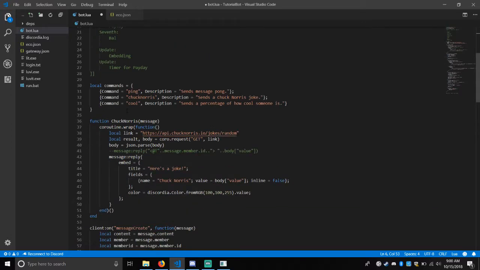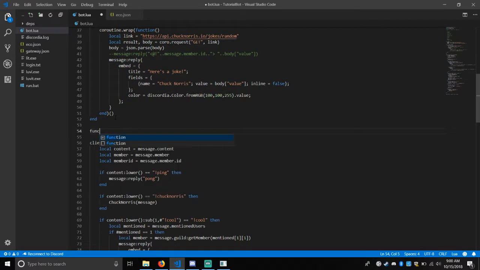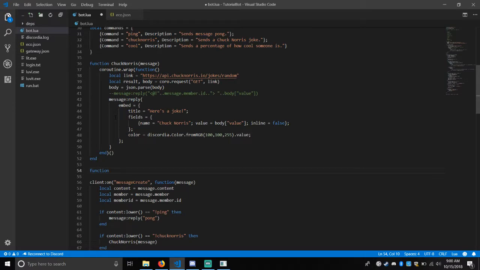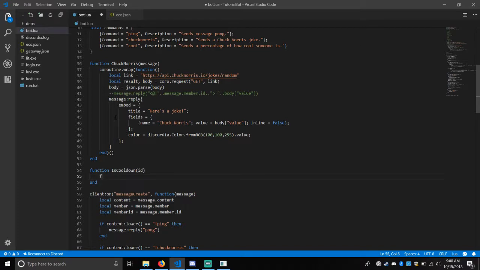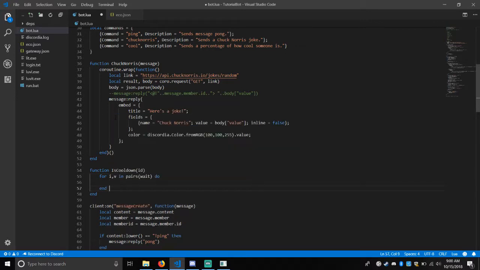So we're going to make it a command, is cooldown member ID. Well, we'll do ID. For i, v in pairs wait do, if type v equals table,